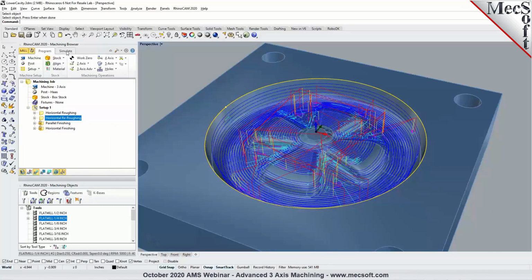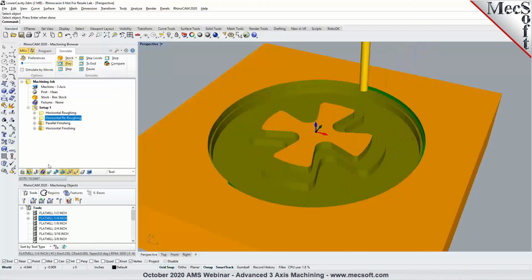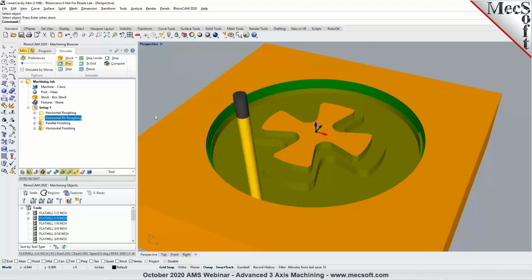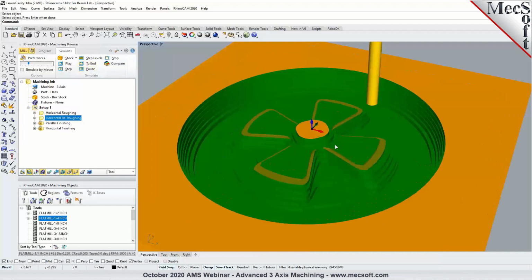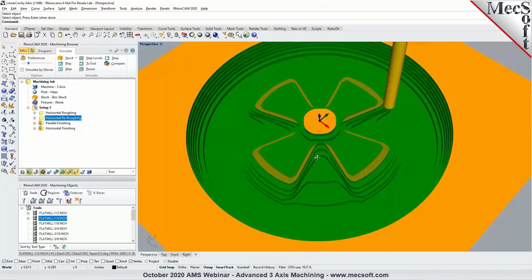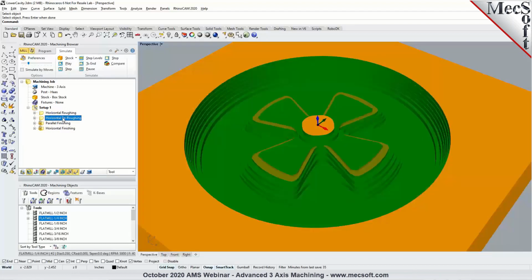Now let's go ahead and run a cut material simulation. We'll switch to the simulate tab and select play to run the simulation. We had left 25,000 stock in the roughing operation, and in the re-roughing operation, we're taking it down to 10,000 stock. You can always select pause and then pick simulate to end to run through the simulation. So we have the roughing operation, the first step. The next step, we're doing a re-roughing operation where we are bringing it closer to the net shape of the part